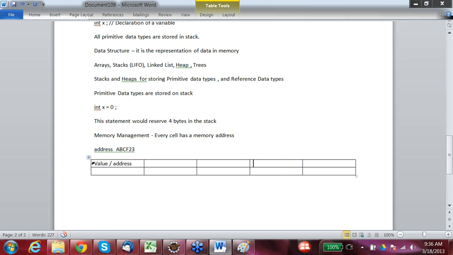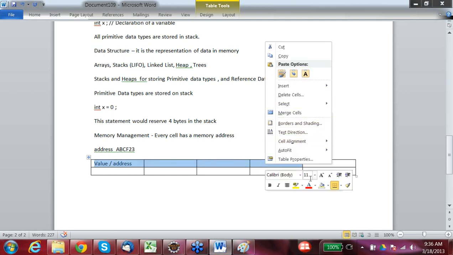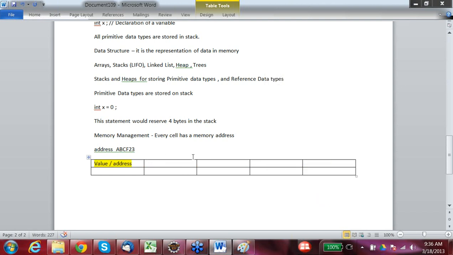There would actually be 4 locations that would be preserved by the compiler to store the value of x. It would be stored something like 0, 0, 0, 0, 0, 0.